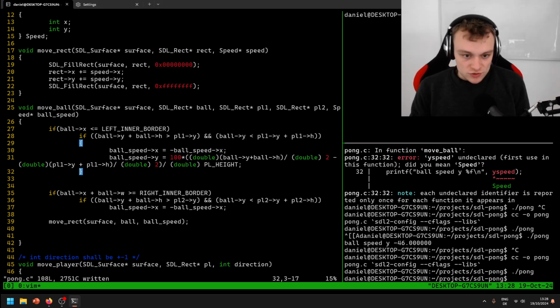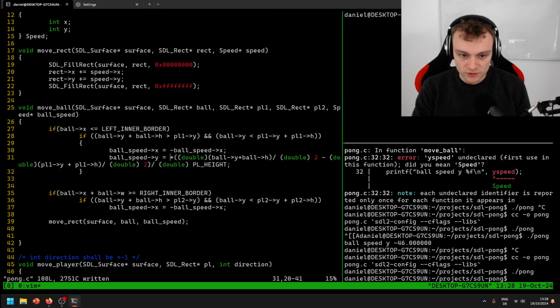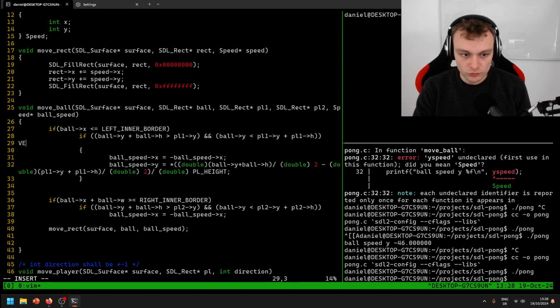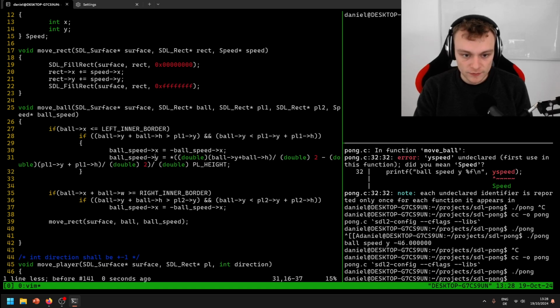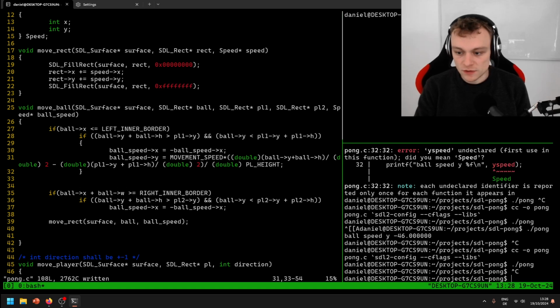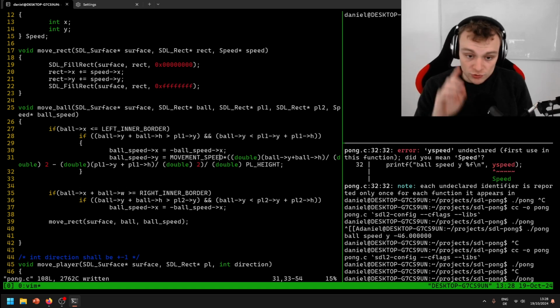Now from the percentage, we should not multiply by 100, but by the movement speed, because that deflection rate depends on the movement speed. And then we should,